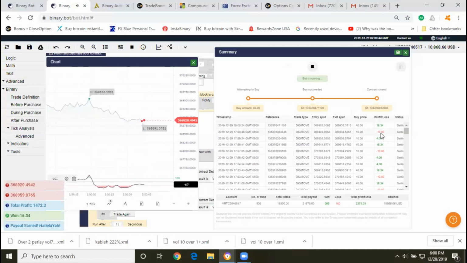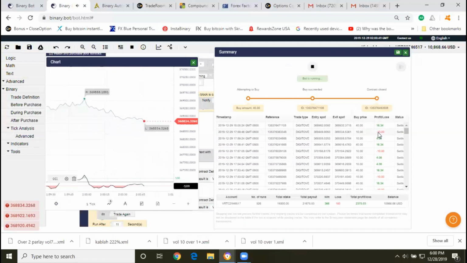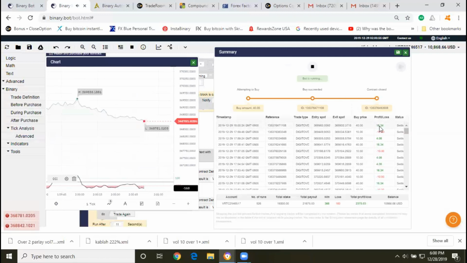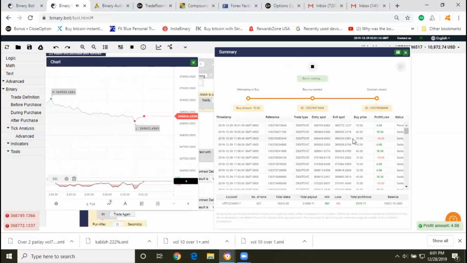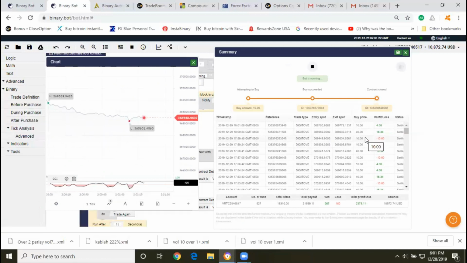I only needed a $10 payout to cover my recent loss, which would have made, I could have had it at ×3 and probably received somewhere around that, just covered that loss. But I wanted to stay in the positive, so this losing trade not only gets covered, but these two trades together make and earn about $6. Okay, so it stays in the positive. I could set it to just break even, have a martingale multiplied to break even, but this is a little bit more aggressive, and it stays in the positive while still maintaining